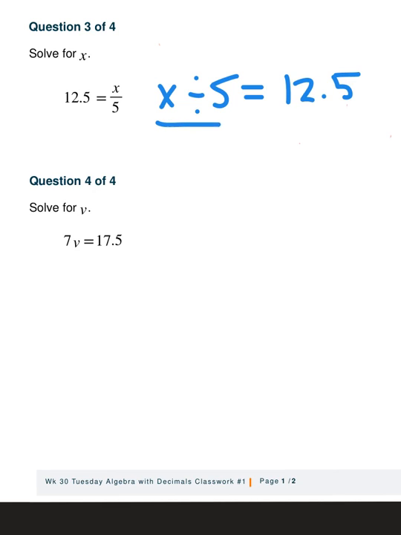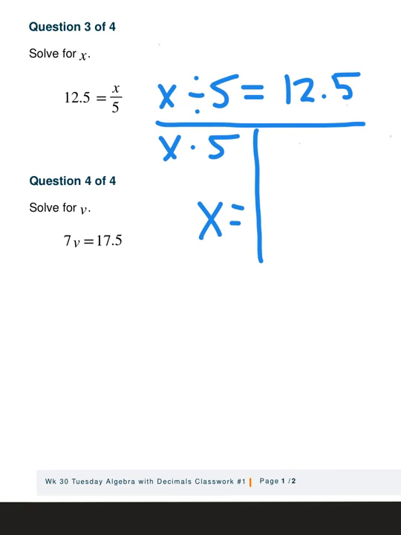So same process as before. We're going to draw our balance, and we're going to isolate the variable x by itself by using inverse operation. The inverse operation of division is multiplication. So I am going to take x times 5, and that will isolate my variable, and I have to do that to both sides, so I need to multiply by 5, and if I do 12.5 times 5 and calculate that out, I will end up getting